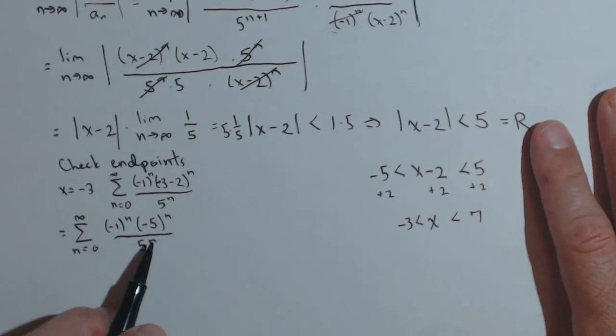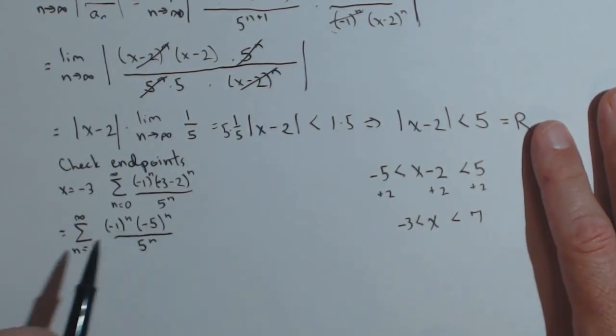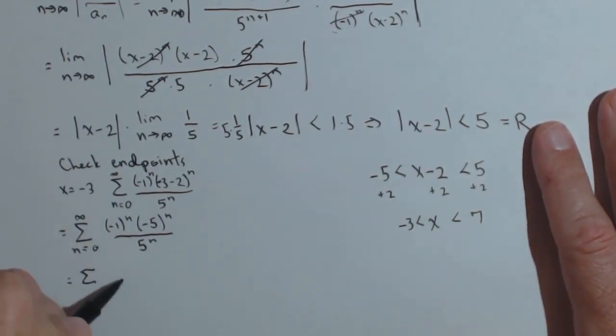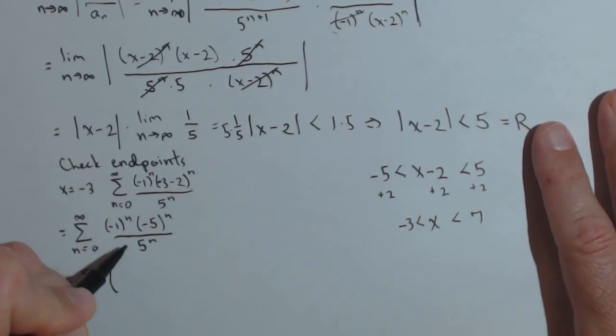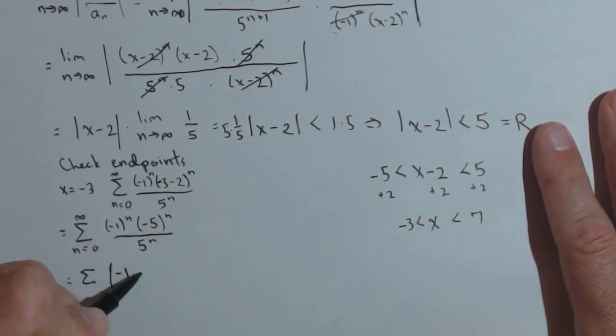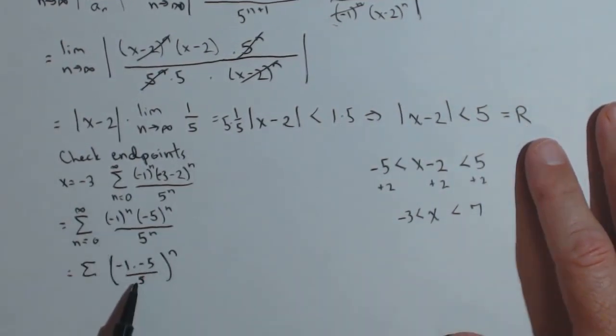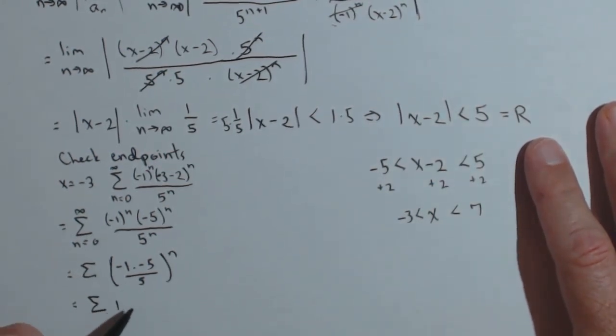Well, these are all to the n, so we can put them all to the same exponent, and we're going to see real quickly what happens. So we'll have negative 1 times negative 5 over 5, all to the n. And multiplying this all out, we just get 1 to the n, which is 1. The summation of 1 does not converge because the limit